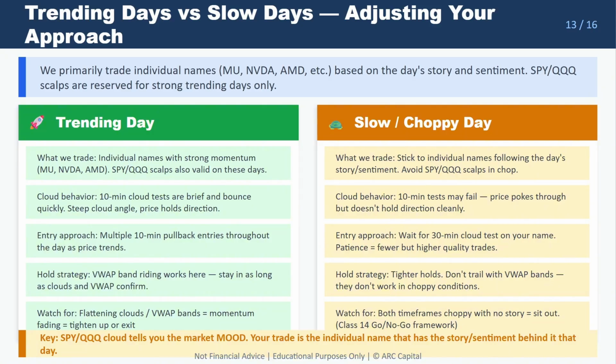And we go over this in class 14. So the key here is SPY and QQQ cloud tells you the market mood. Your trade is the individual name that has a story slash sentiment behind it that day or that week or that month, right? And what we mean by story and sentiment is we know why MU and SNDK are ripping because of this memory bottleneck, right? Everyone wants all this. The chip. What do the chips need? Memory. They can't get enough memory. There's a huge bottleneck in the memory system, in the memory supply chain,